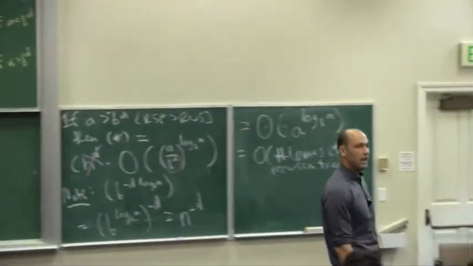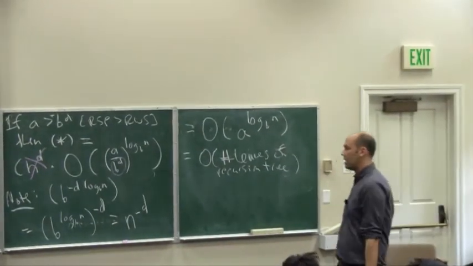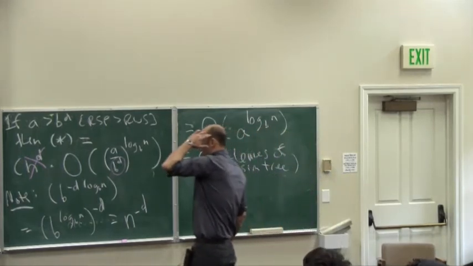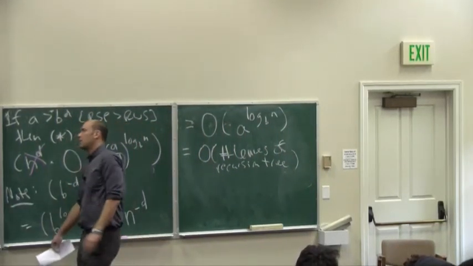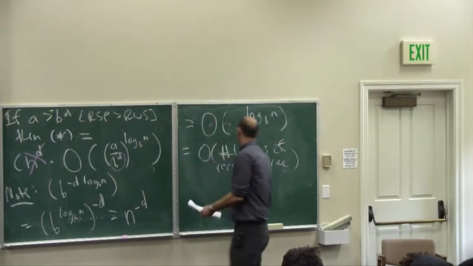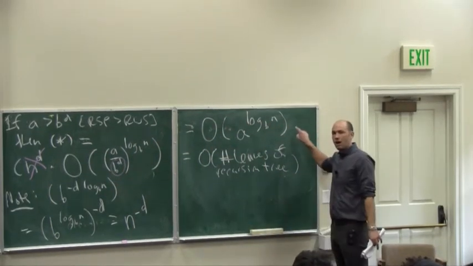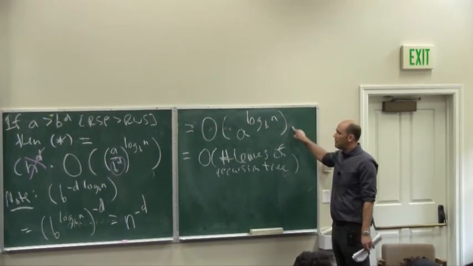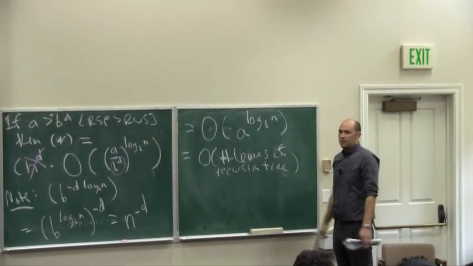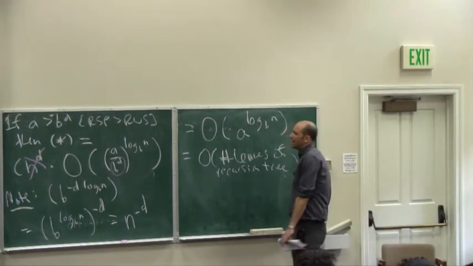We proved that in this third case, indeed, just like in the second case, up to a constant, all the work's at the top. In the third case, up to a constant, all the work's at the bottom. Constant time per leaf. This is the time at the bottom. That dominates. Of course, I'm sure you're squinting and thinking,